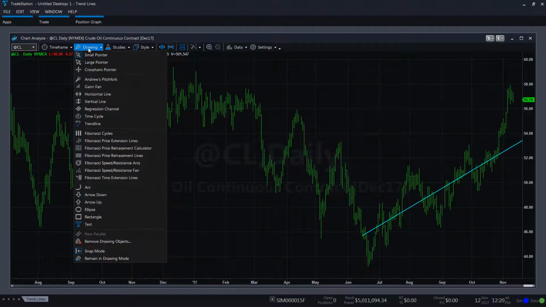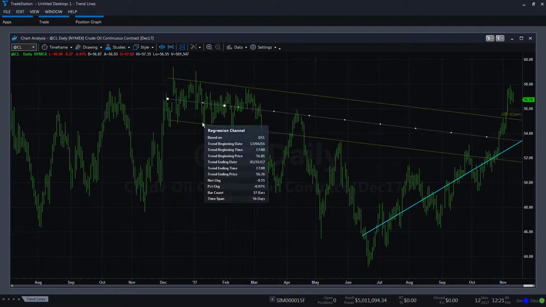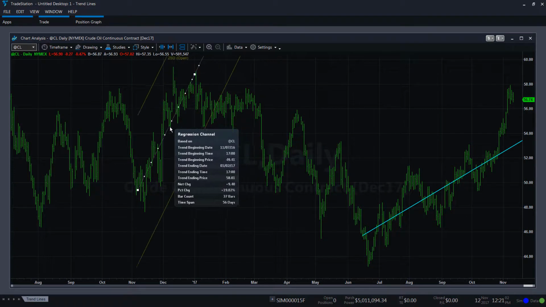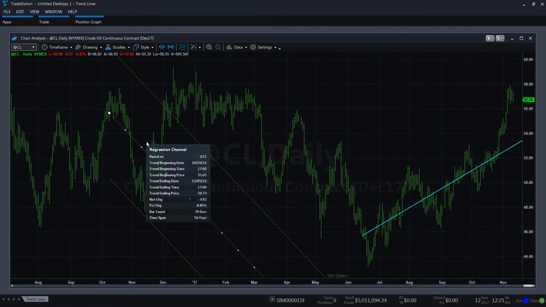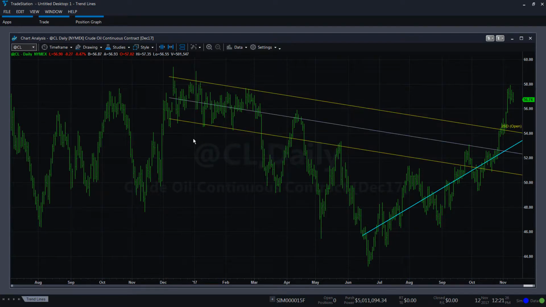If I go to drawing, I can click regression channel. Here I can select a point and another point. There's the anchor. And now I can see how that linear regression channel changes, how the volatility changes as I move it through the chart. There are lots of other drawing tools to explore and utilize in your trading, including Fibonacci tools, time